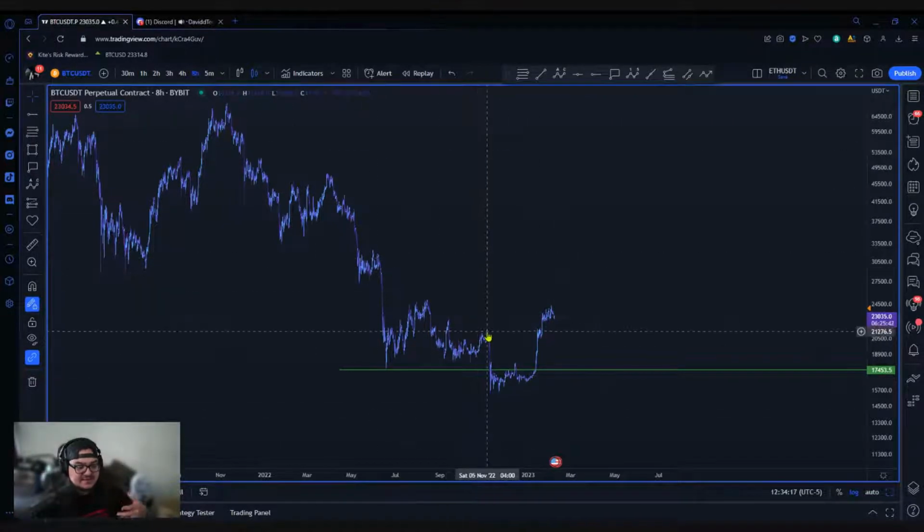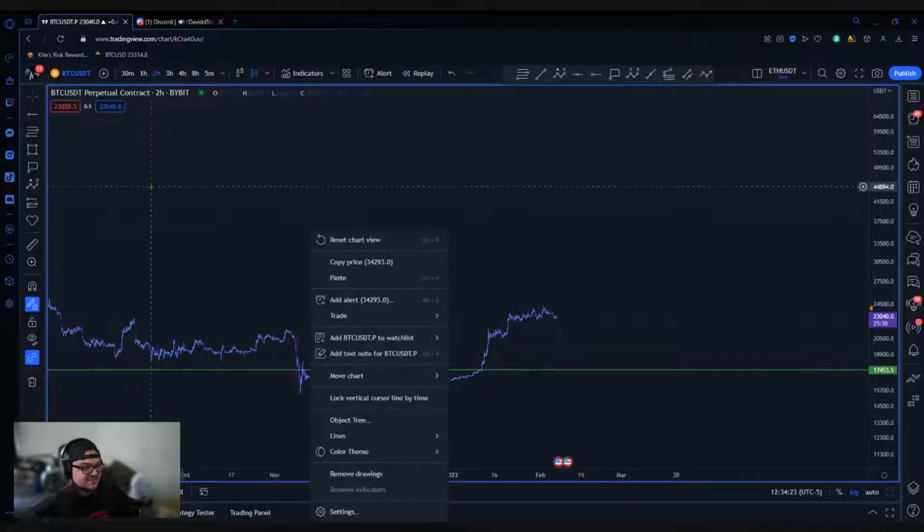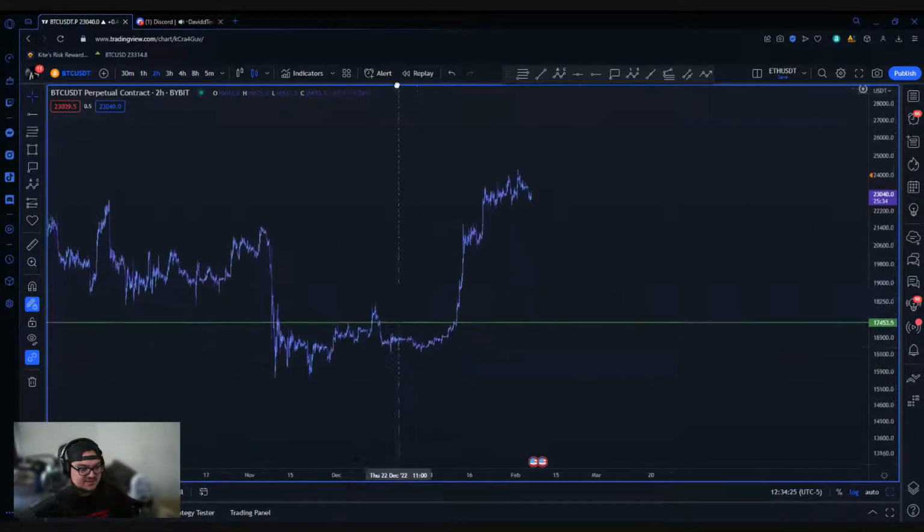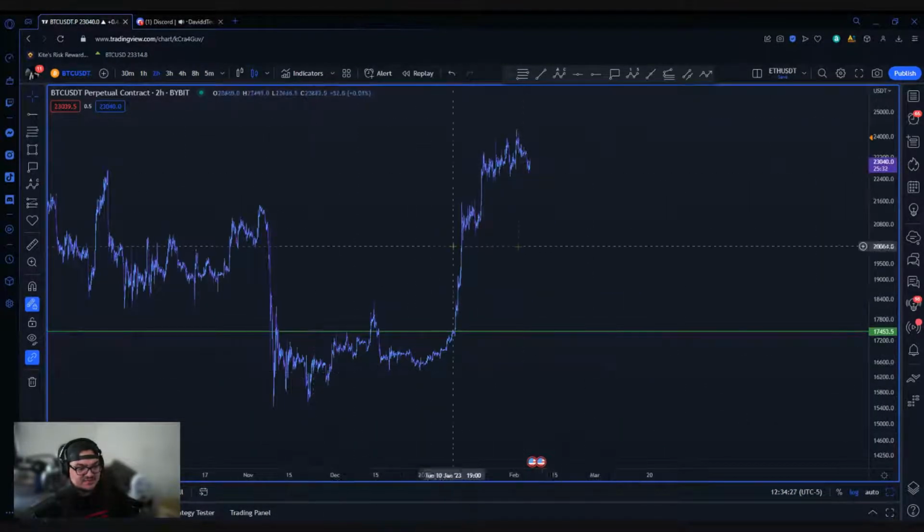But like I said, we like to go ahead and zoom in. Remember, when I say zoom in, we're going from an 8-hour to a 1 to 2 hour perspective. And from there, we can break down what's going on in the process, or what's going on in the middle here.